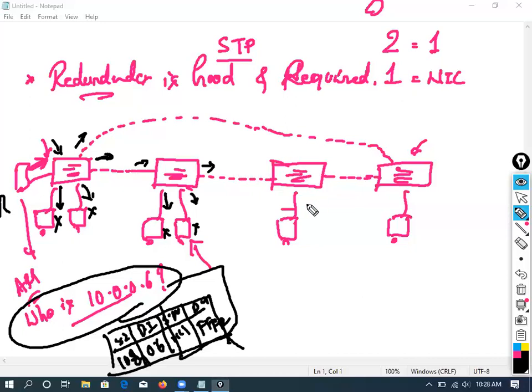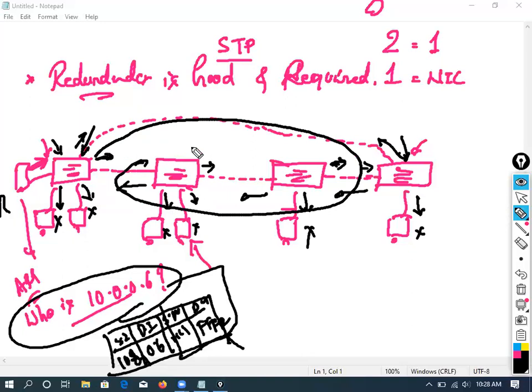What will this switch do? Broadcast. This one is rejected. Now this switch receives it. What will this switch do? Broadcast and broadcast. Look at this. This PC rejects it. Is it clear? Now this broadcast will be received by the same switch again. It already sent one broadcast message here, and it's going to receive it over here and broadcast it back. Are you getting what I'm saying? As per this, whenever you send a broadcast message, it will keep roaming between the switches. There is no end to it.